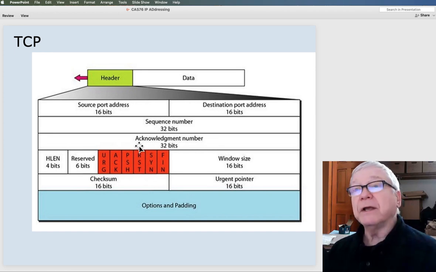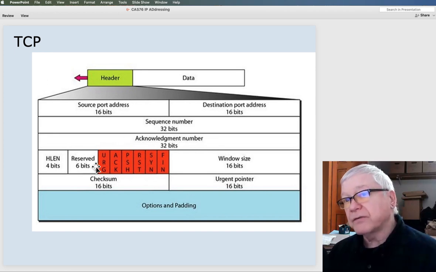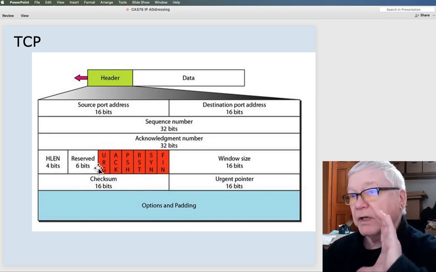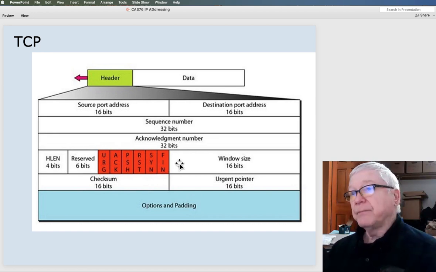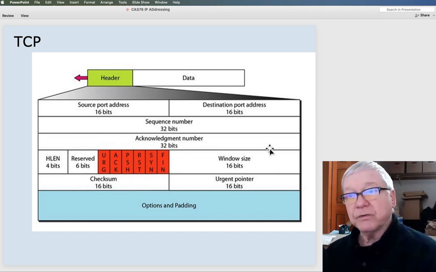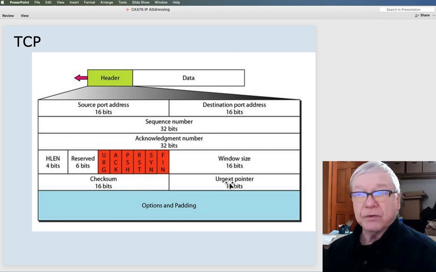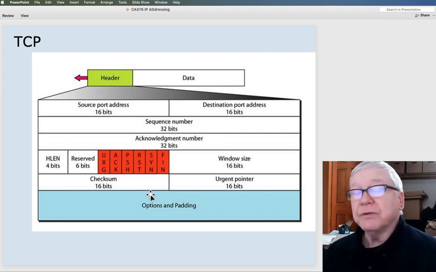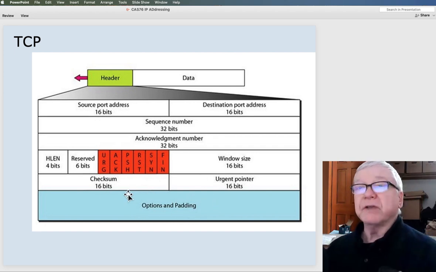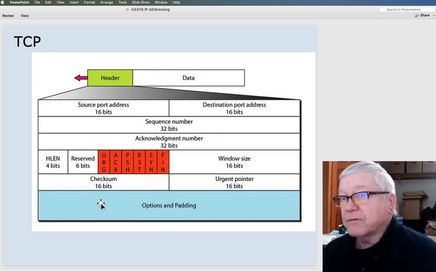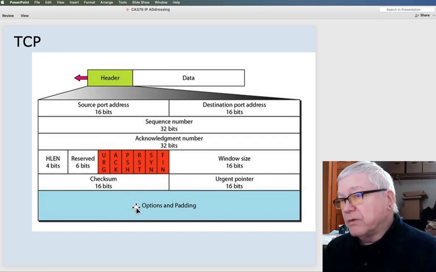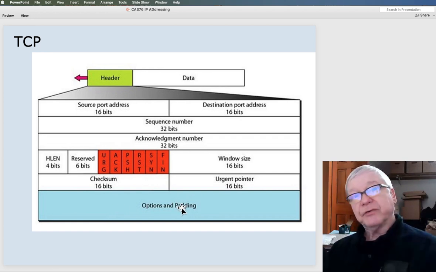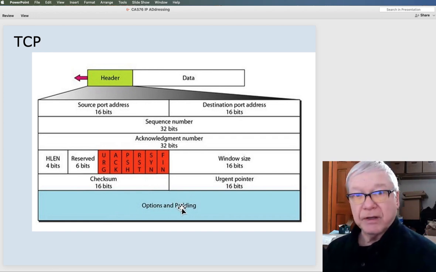At this offset from the beginning of the TCP section, that's what the meaning of these 1s and 0s are. The next 16 1s and 0s indicate our window size. Then we've got a checksum, an urgent pointer, other options and padding. What's our maximum segment size? At a certain offset here, the 1s and 0s at that offset would represent our maximum segment size, MSS.